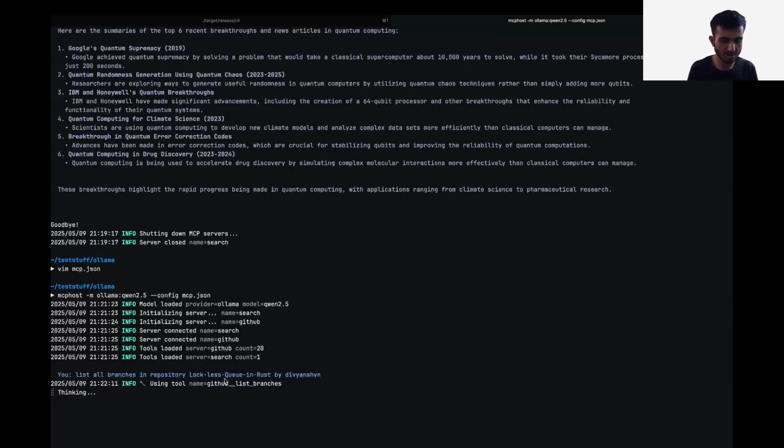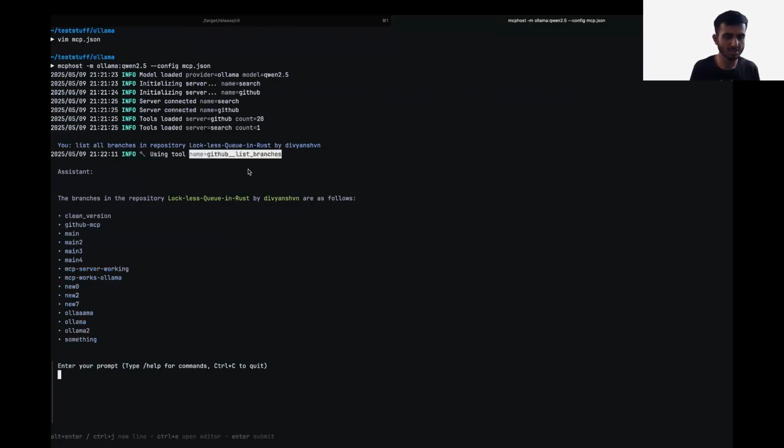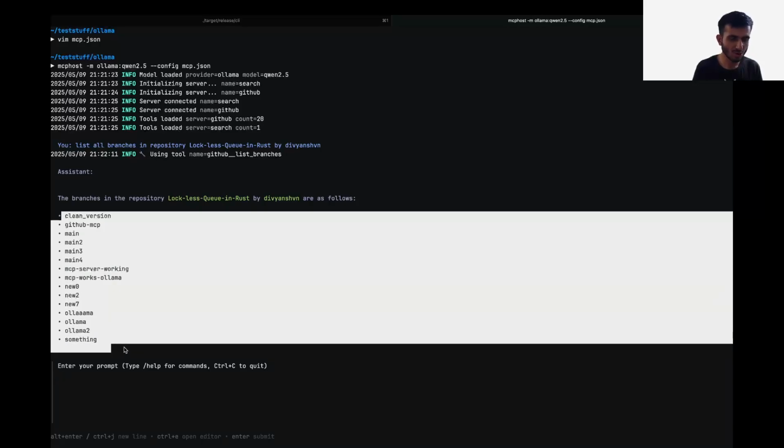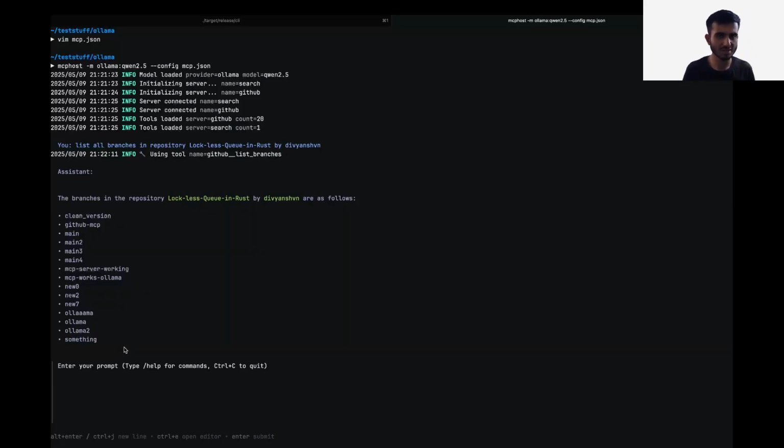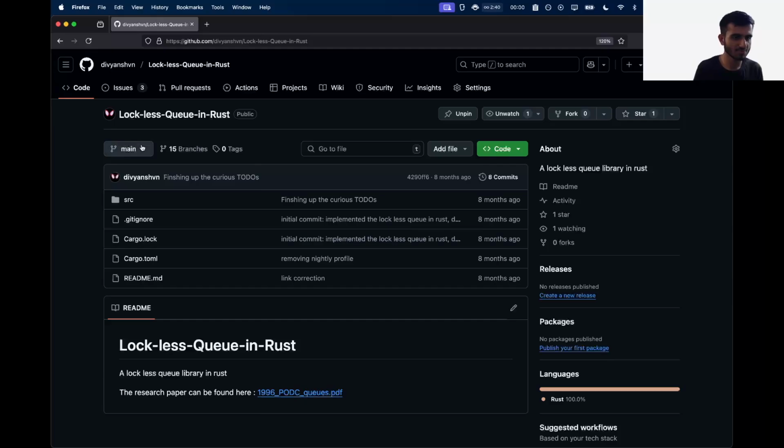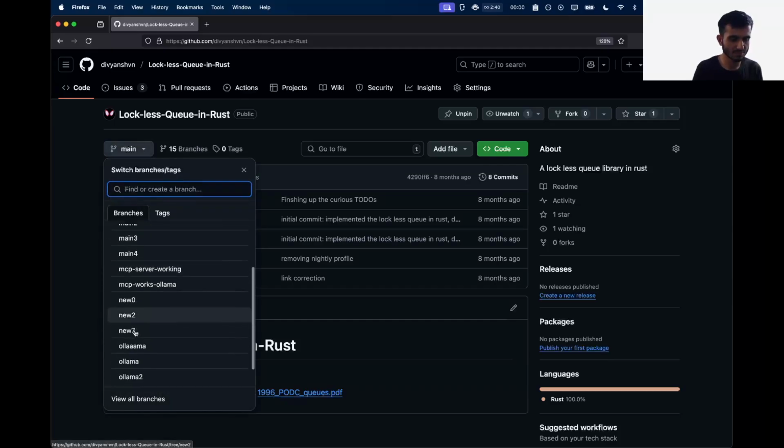So you can see it's using that list branches tool, and it has listed all the branches. Let's just confirm over here. So you can see here